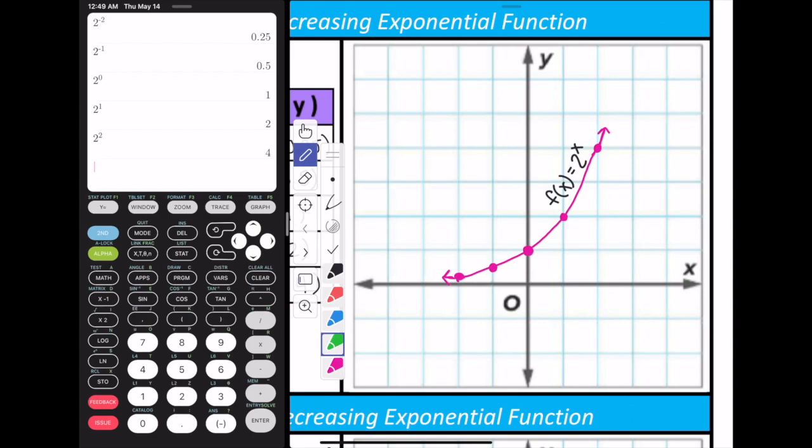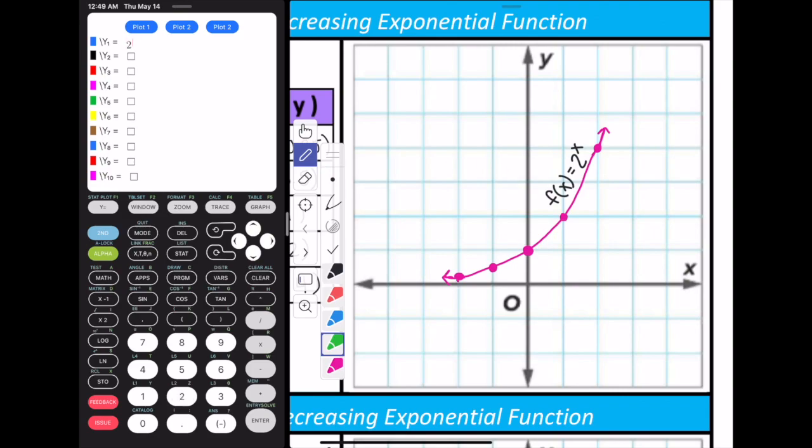And before I say I'm officially done with this problem, last thing I want to do is actually check my graph. Using the Calculator 84 app, it looks just like the TI-84 color edition that we use in class. I'm going to hit y equals, and then I'm going to type in this function, just everything that comes after the equal sign. So in that first line where it says y sub 1 equals,